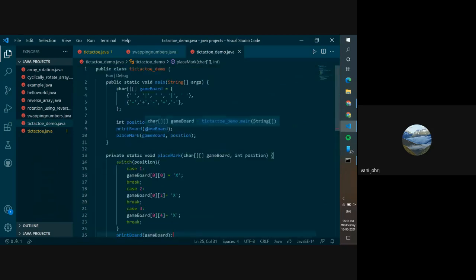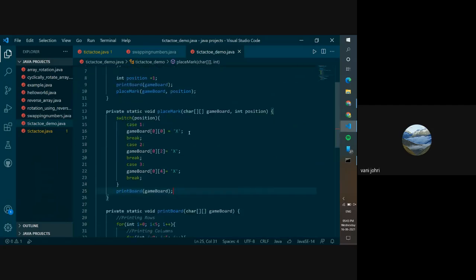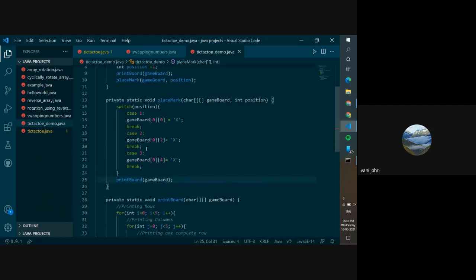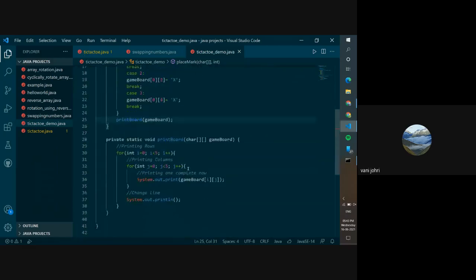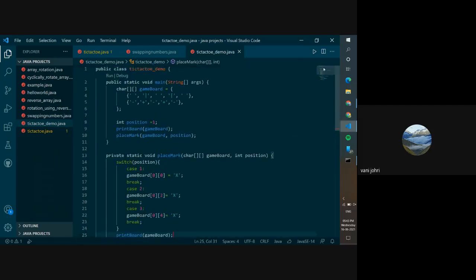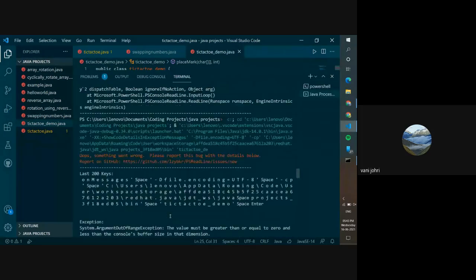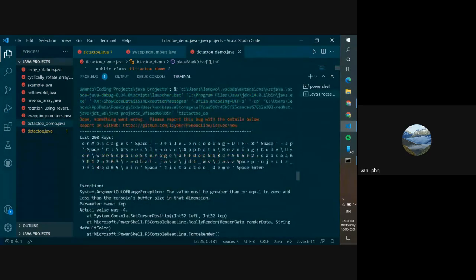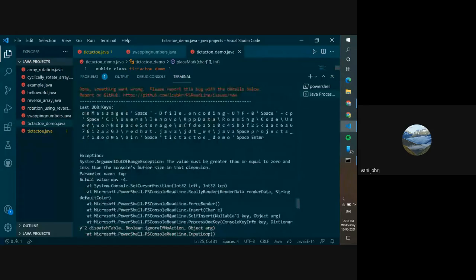We had print board, then we had place mark, game position. Position was 1. So we had case 1, case 2, case 3, and then print board again. And then we had this. It should be working. Why is this happening now?